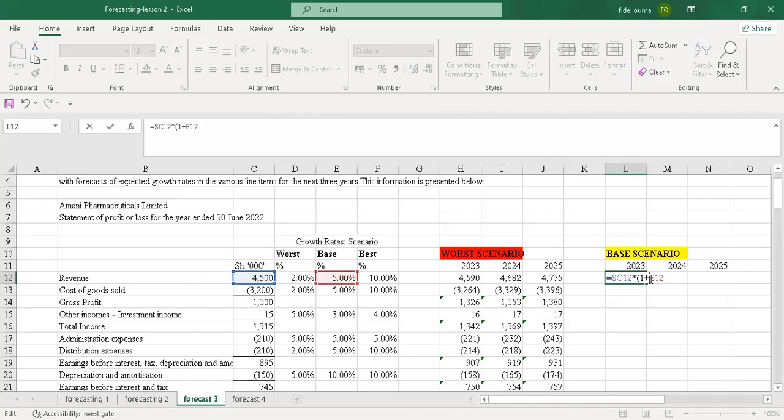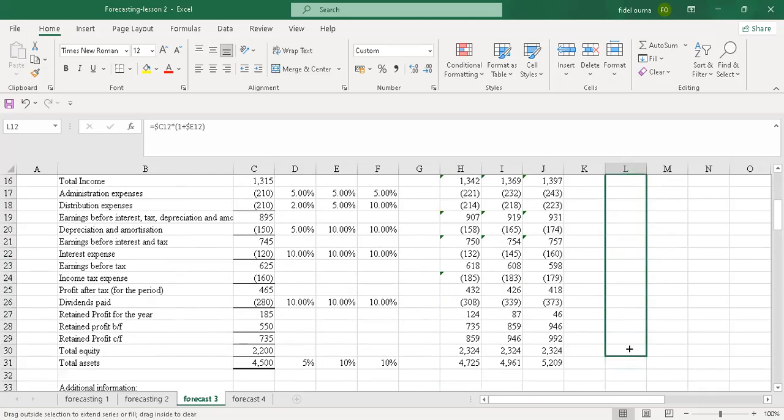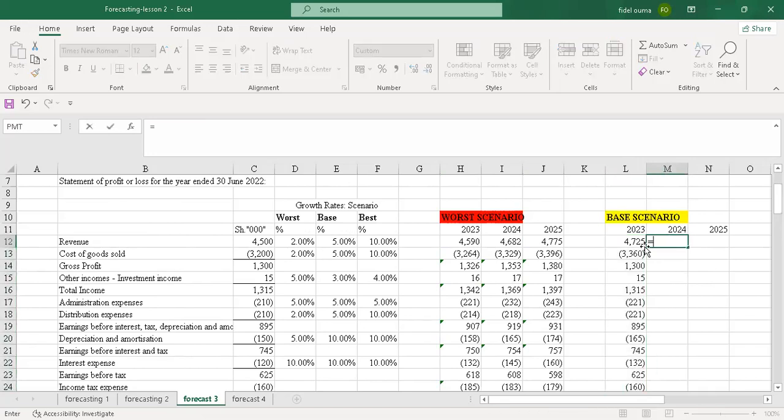Then I just say bracket, then enter. Once I enter that, I'll just drag it on through, and the values change automatically. So I'll go to the next year, and for 2024, the growth rate will be 2023